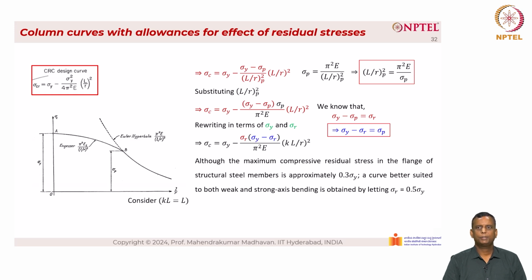Although the maximum compressive residual stress in the flange of structural steel members is approximately 0.3 σy, a curve better suited to both weak and strong axis bending is obtained by letting σr equal 0.5 σy. So when we substitute σr equal to 0.5 σy, we have σc equal to σy minus 0.5 σy (σy minus 0.5 σy) divided by π² E (KL/r)². This can be further simplified by the equation on the right,